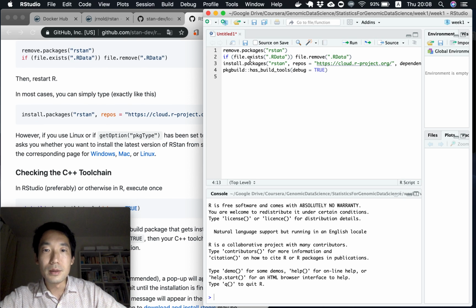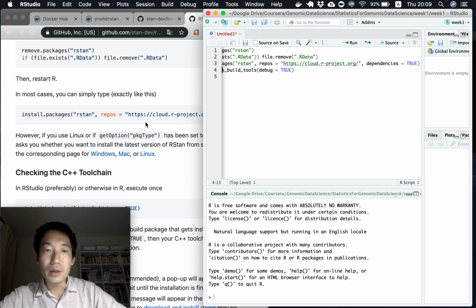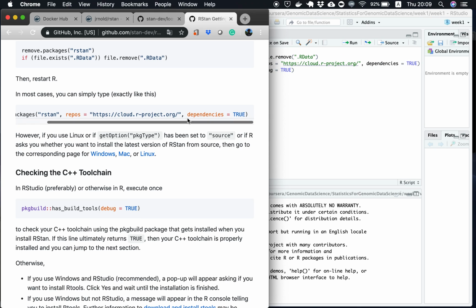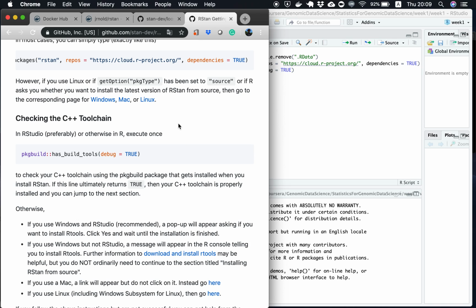However, if you use Linux or if you get option pkg type has been set to source, or